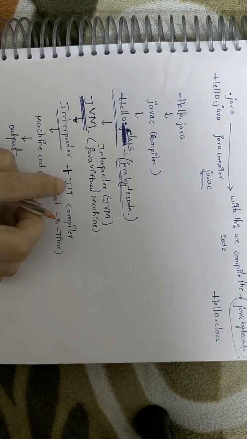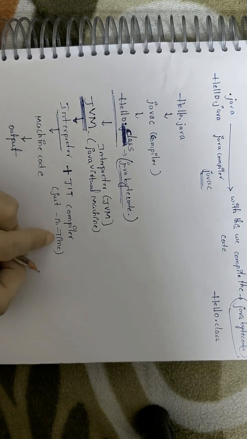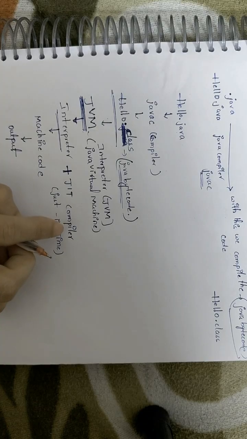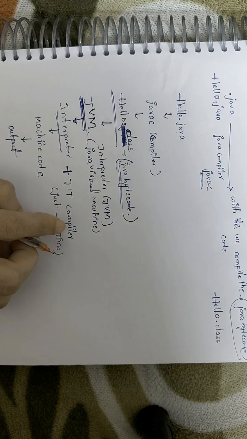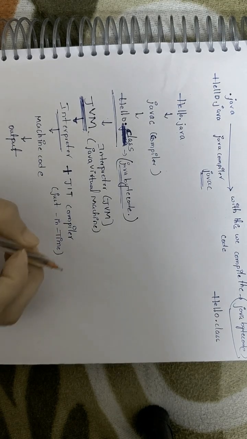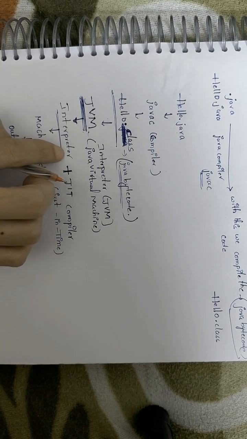That compiler is JIT. JIT means just in time. JIT is a compiler that compiles frequently executed code into native machine code. So JIT makes our Java code faster compared to other languages, because the interpreter will translate